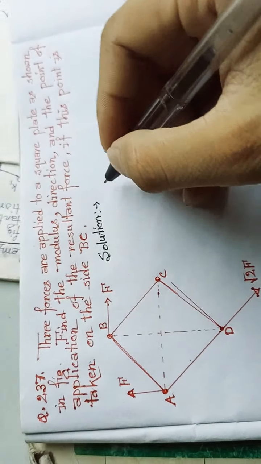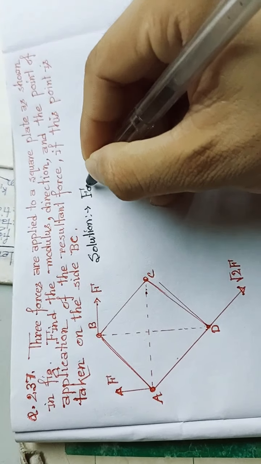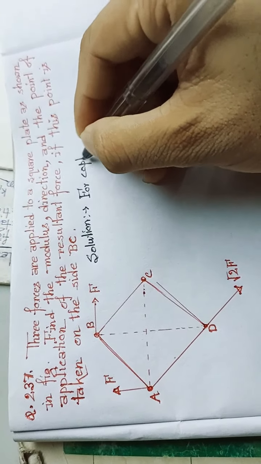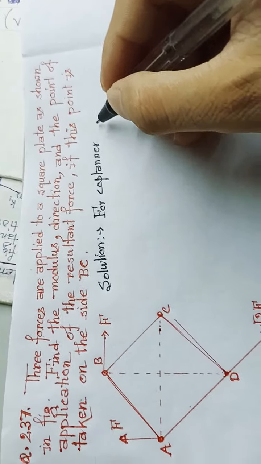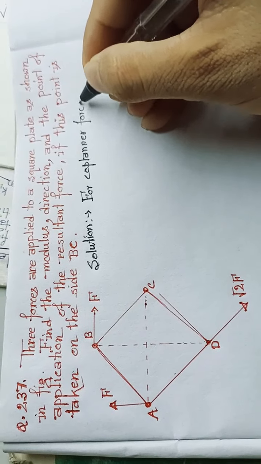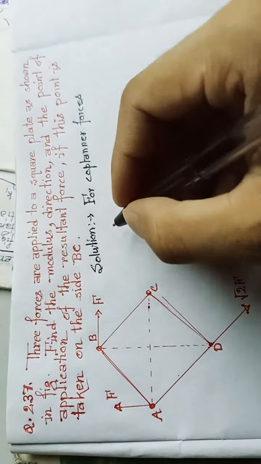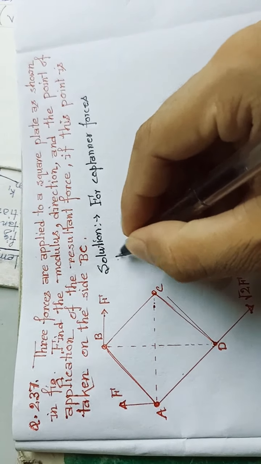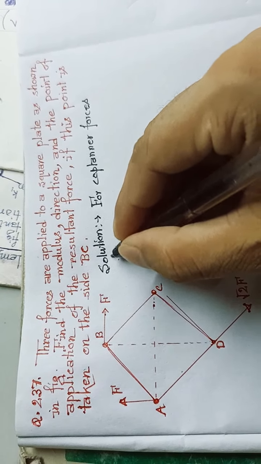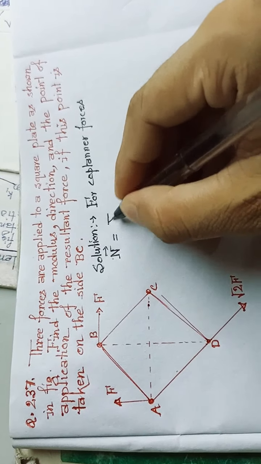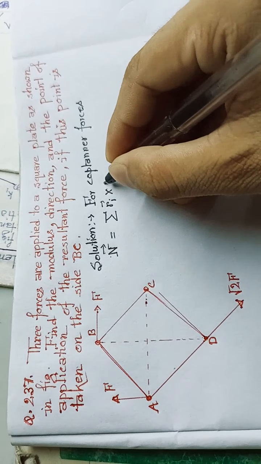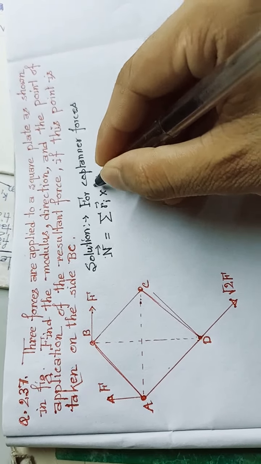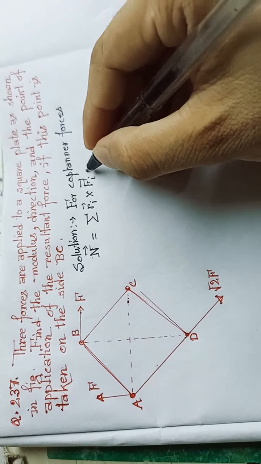For coplanar forces, net moment will be equal to summation of Ri cross Fi, and which is again equal to